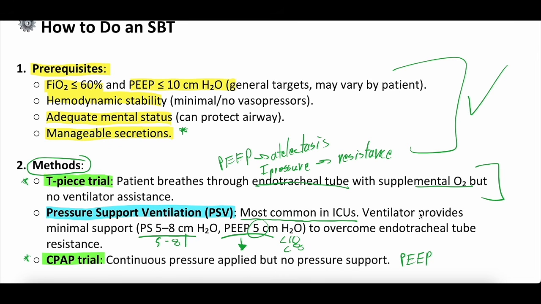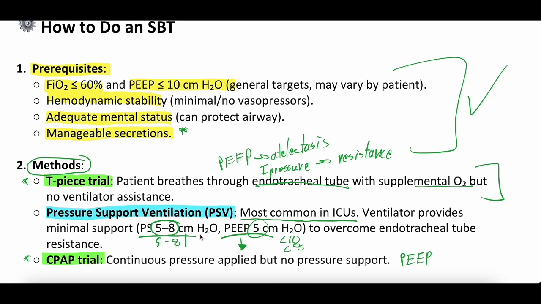And that ventilator does not deliver any breaths except when the patient triggers it. So if the patient doesn't take any breaths on their own, the vent doesn't give them any breaths. They're completely apneic until you eventually get to the apnea alarm, in which case the ventilator has a backup mode that kicks in. But when the patient goes to take a breath, the ventilator senses that and it delivers a certain amount of inspiratory pressure, that pressure support, 5 millimeters of mercury, 7 millimeters of mercury, some type of